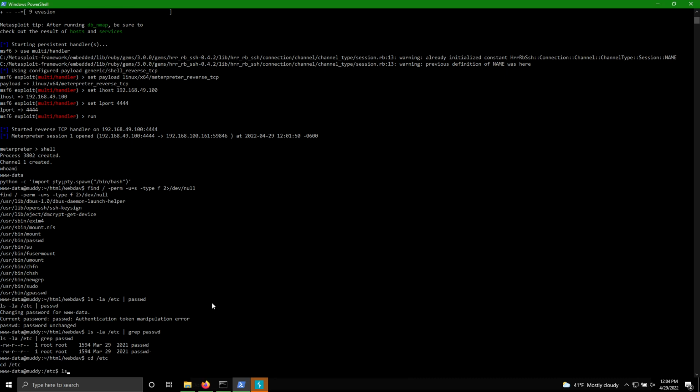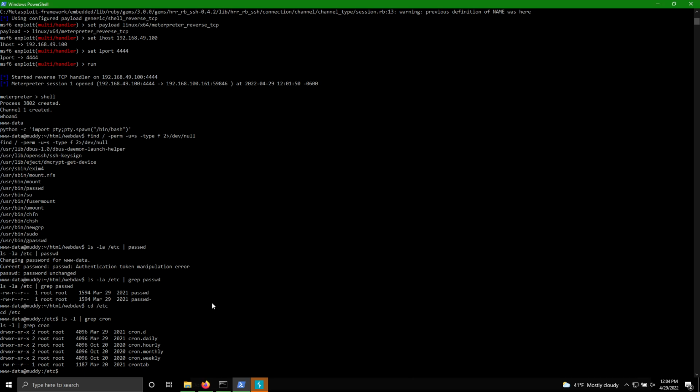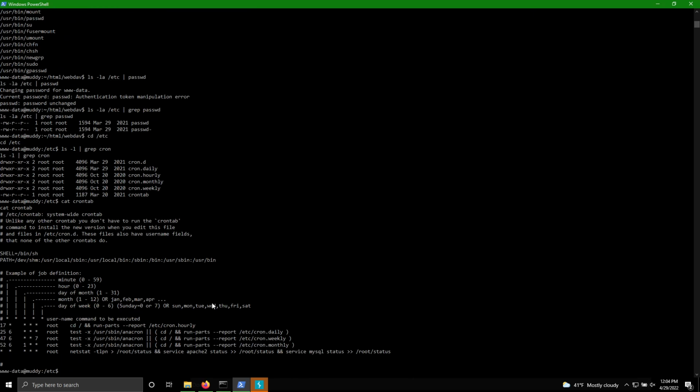Next, we check for cron. Now, if you don't know what cron is, like cron jobs and crontab and all that fun stuff, that is Linux's equivalent to scheduled tasks for Windows. That's all that one is. So I'm going to go ahead and read the crontab, and it kind of explains what goes on here,